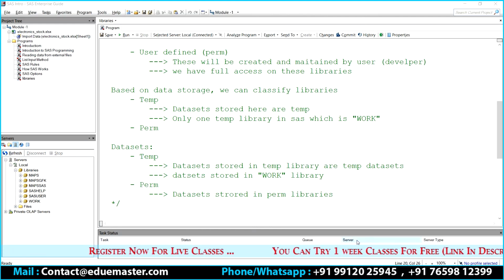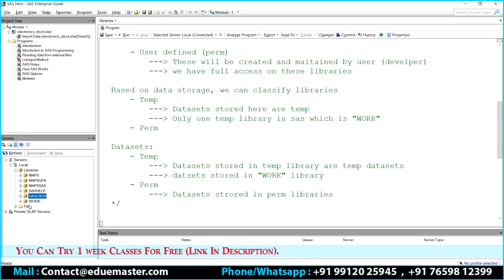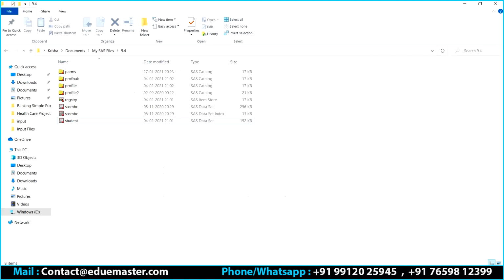Now, there are 2 problems why I cannot store my data in SASUSER. Number 1, by default, SASUSER is nothing but one of the folders, right? Usha, is that nothing but a folder, right? SASUSER is the name of the library, which has some physical location, and that physical location is this. Correct? 9.4 is the folder. This folder has some space. Let's say that 5 GB is allotted to it. That is, up to 5 GB I can store the data. Beyond 5 GB I cannot store it because it is part of my application. Is that clear?